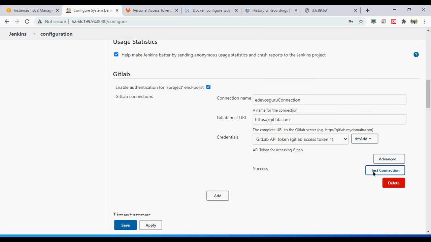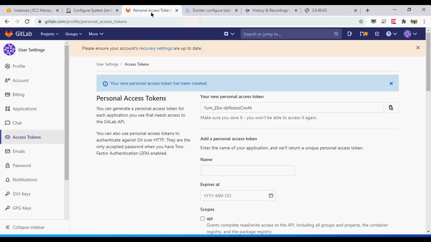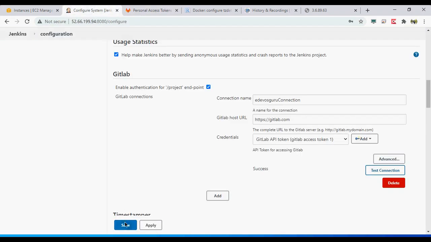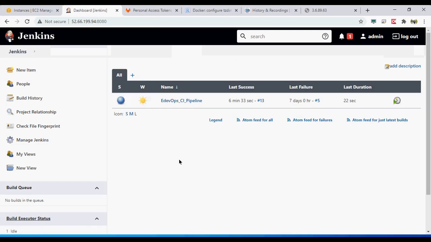Okay, so this is what is needed. So this is the minimum set of configurations which are needed. It has to be read user, read API, and read repository. Okay, so this is all we had for today. Today we have been able to see how a merge request is created on GitLab, how a merge request triggers a pipeline, and how, only if a pipeline is successful, we allow this merge request to be merged to the